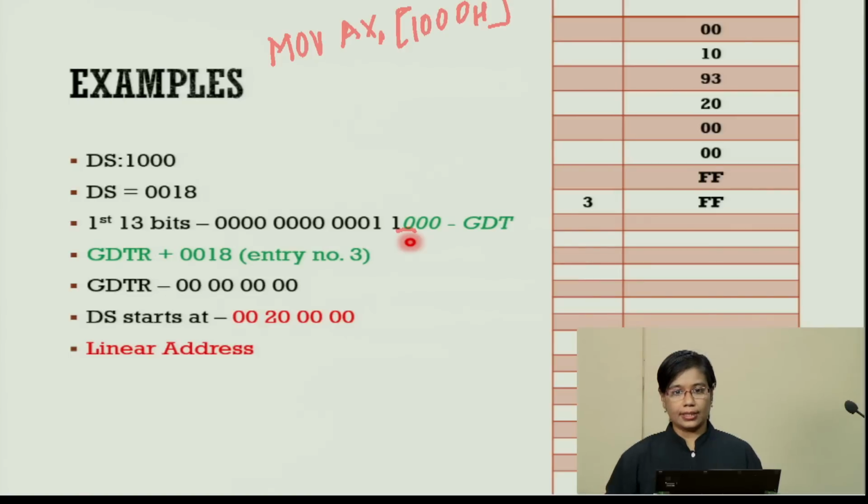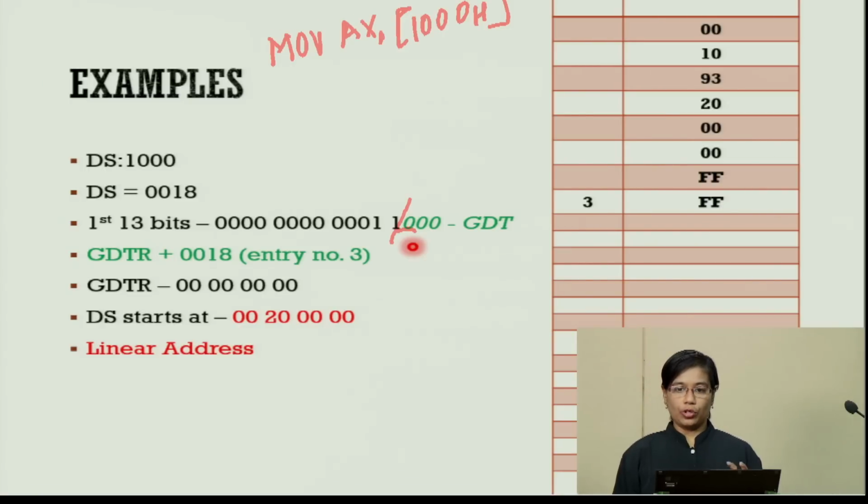So this means that it is going to be the global descriptor table where the descriptor is present. The rest of the 2 bits give the requested privilege level. Here you have the highest possible privilege, which is 00. So it means it can access whatever segment is present. Now we are interested in the first 13 bits, which are called the selector. From the last 3 bits we got that it is a global descriptor, and we also got the information that we are trying to have a privilege access of level 00.